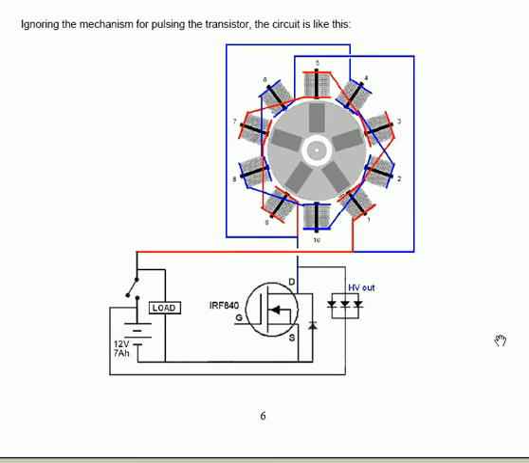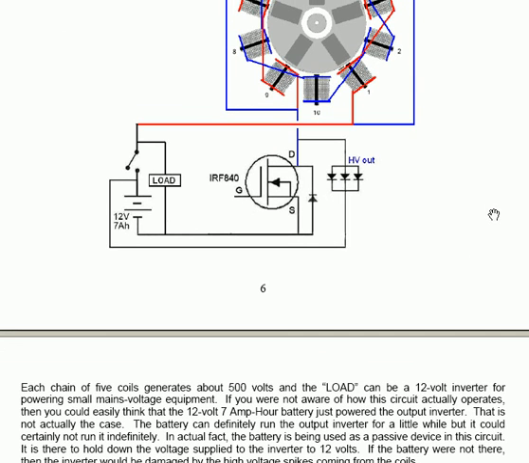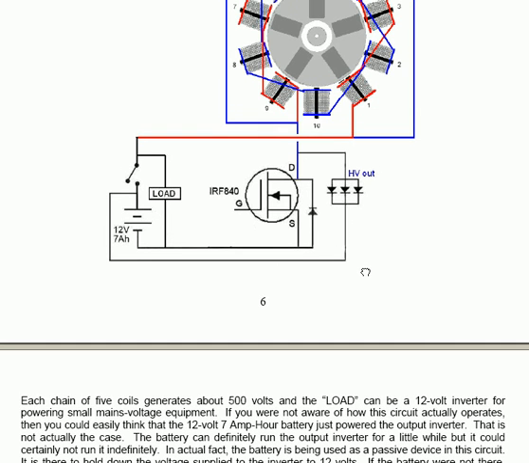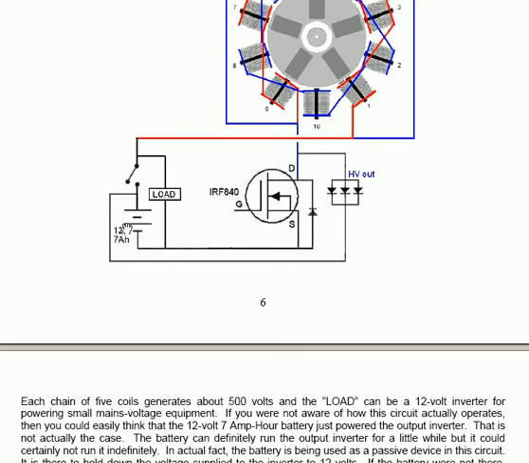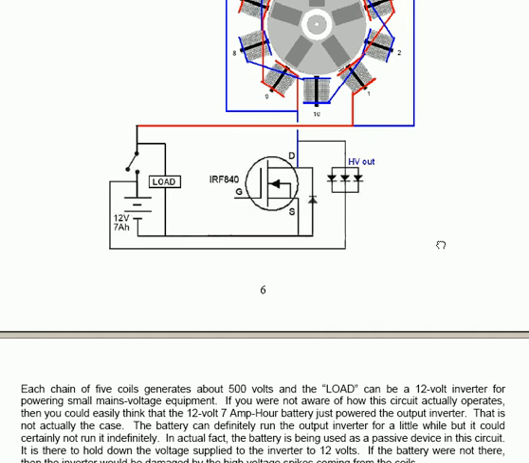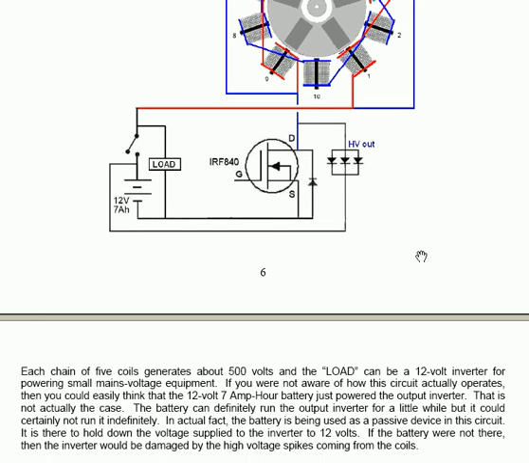If you are not aware how this circuit actually operates, then you could easily think that the 12-volt battery is just powering the inverter. That's not actually the case. The battery can definitely run the output inverter for a little while, but it could certainly not run it indefinitely. In actual fact, the battery has been used as a passive device in this particular circuit. It's there to hold down the voltage supplied to the inverter down to 12 volts. If the battery were not there, then the high voltage spikes which are fed to the battery from the transistor itself